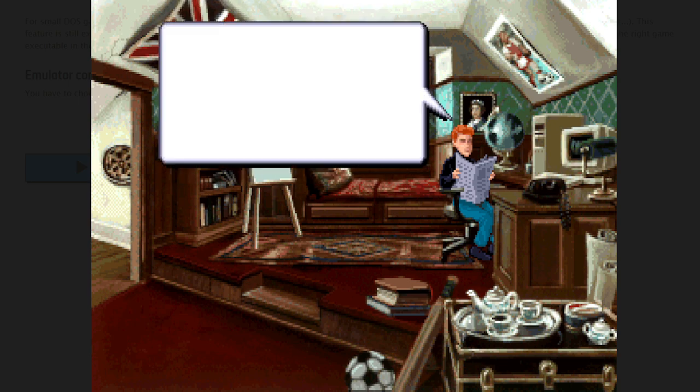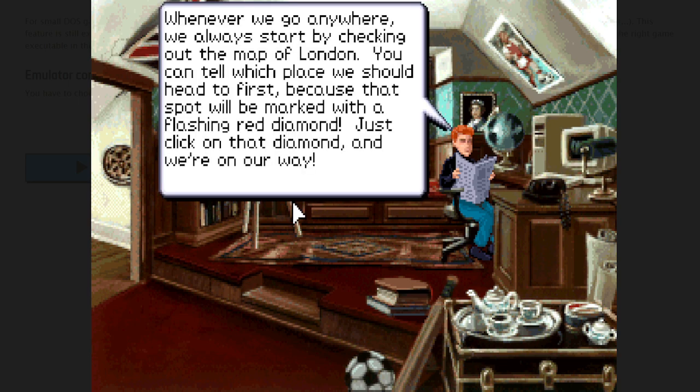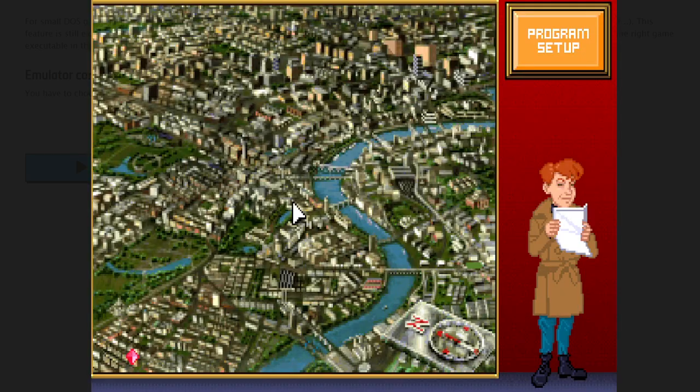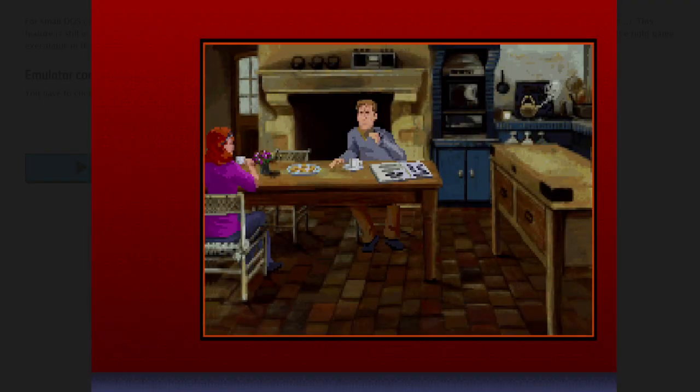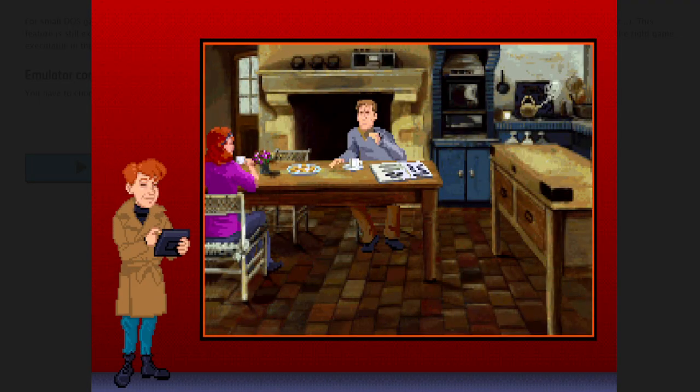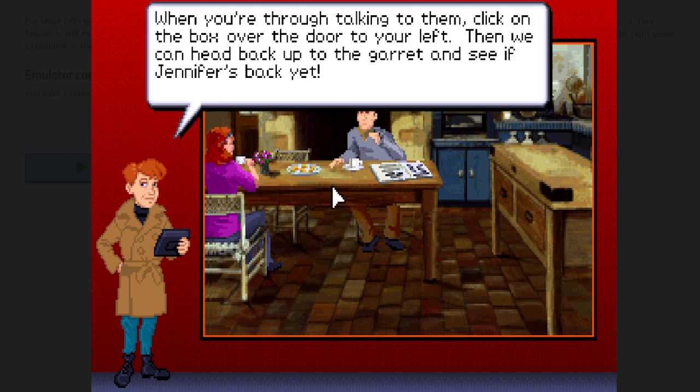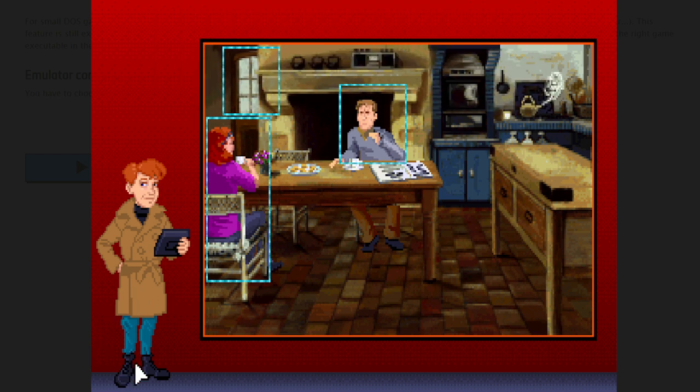Is there something we didn't do to close it out or something? No, we did it properly. This looks like it's the same case. Yeah, they're sitting at the table. No, it's the same case. Yeah, it's definitely the same case.